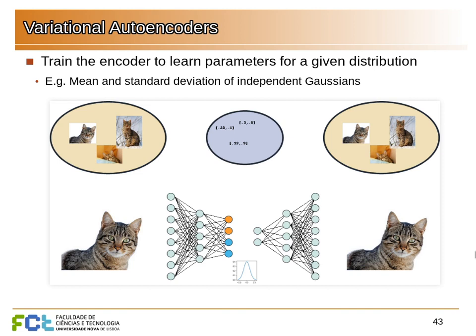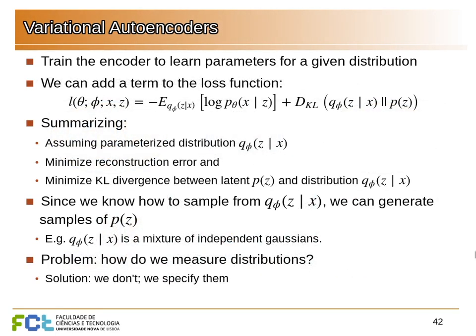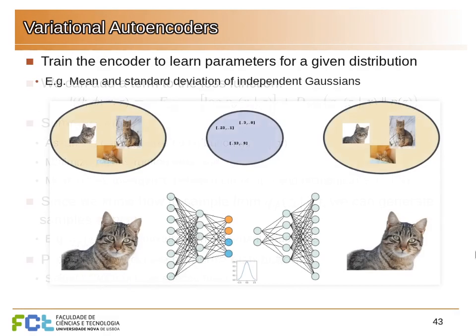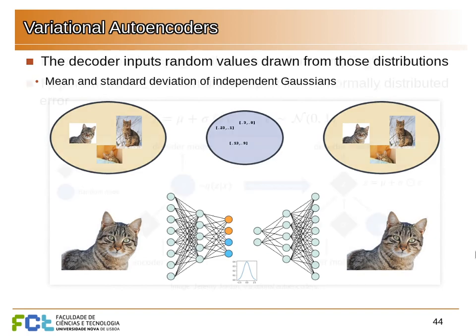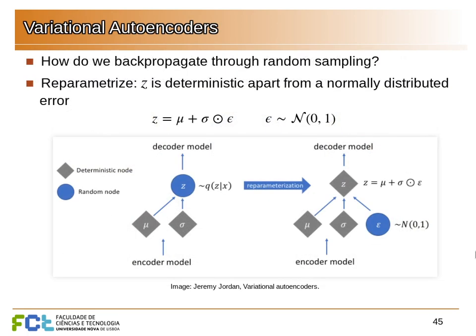We have the encoder learn parameters of probability distributions, which we can then compare to our desire. We want independent Gaussian distributions, for example, and we must try to juggle these two things: minimize the difference between the output and the input, and also give us these distributions as close as possible to what we want. The question here is, how do we